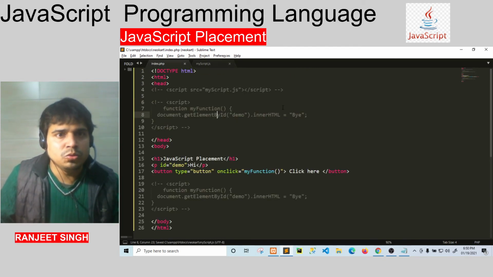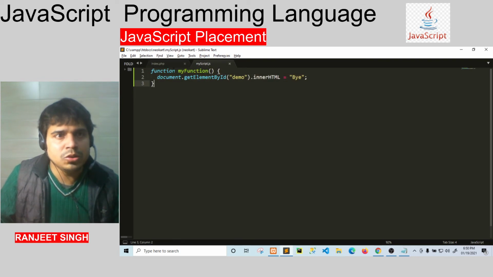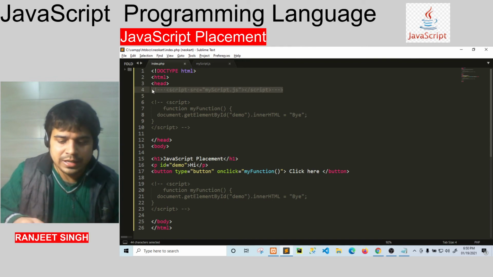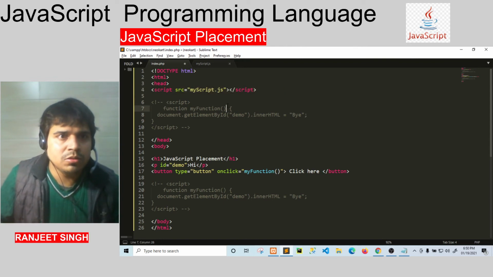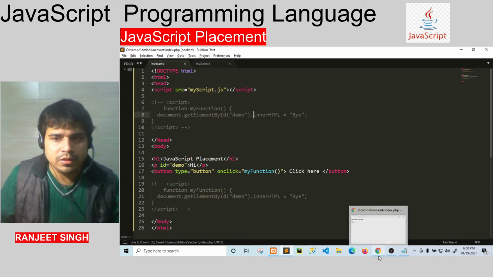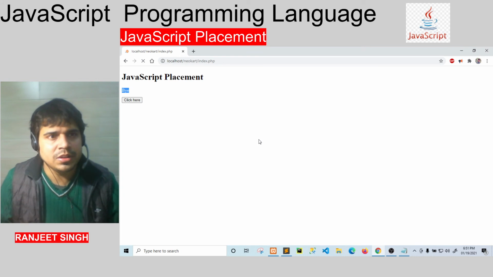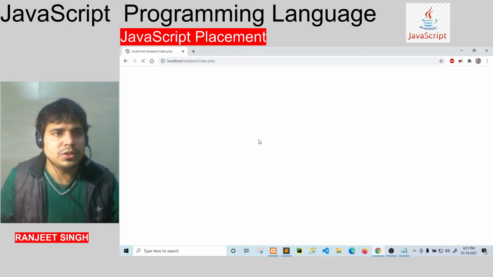Now to use this file you will have to import it here. You will have to write script src, and in src give the path myscript.js. Now save this. Now if we run this, it is the example of external JavaScript placement.